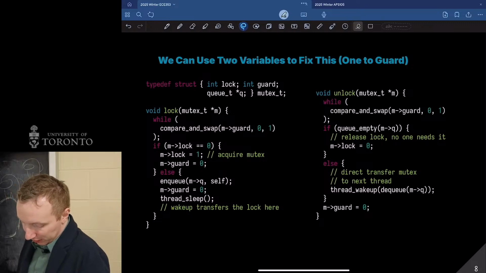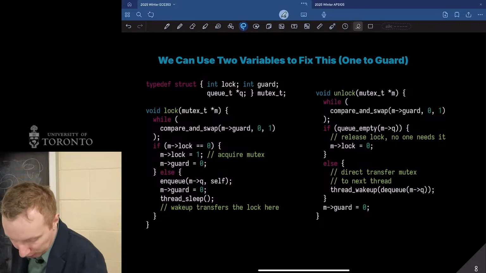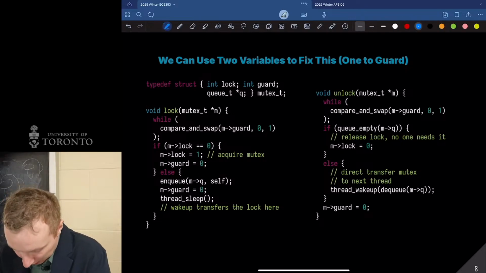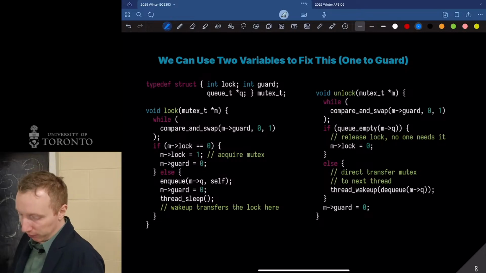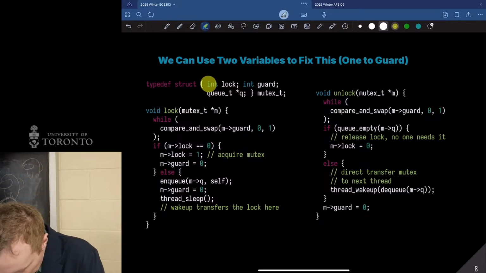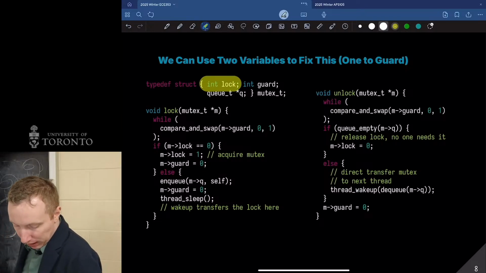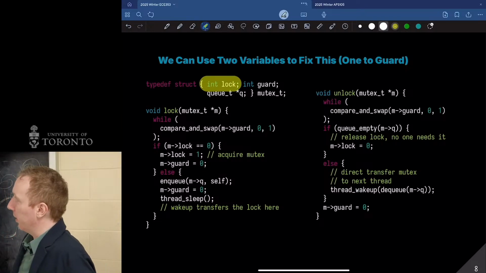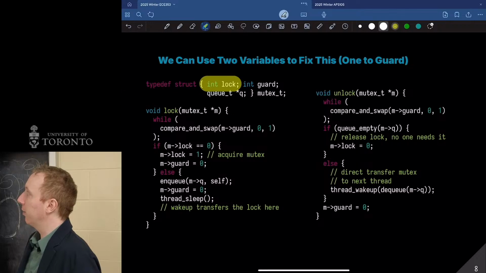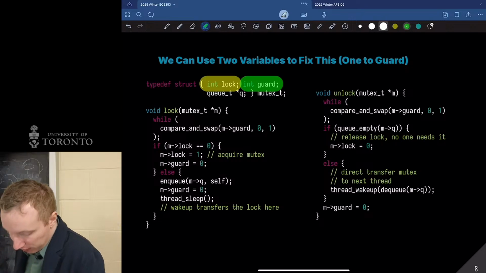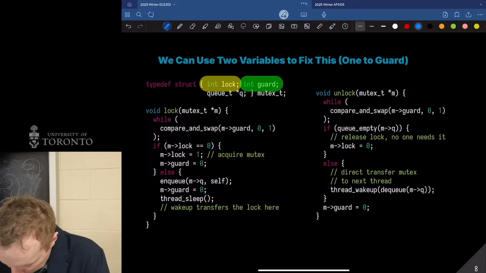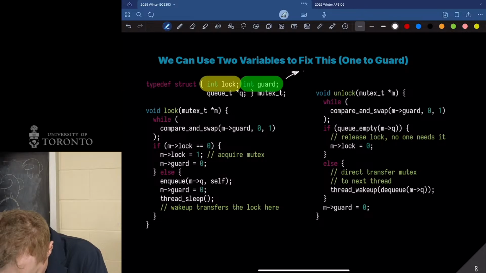So this has a few things going on. Like we had before, where there was an integer keeping track of the current value of this mutex, whether it's locked or not, we still have that. It is called int lock, and it is in this mutex struct. So we're going to need some other things to keep track of in this mutex rather than just the variable. So we're going to have this int guard. So this will be used internally